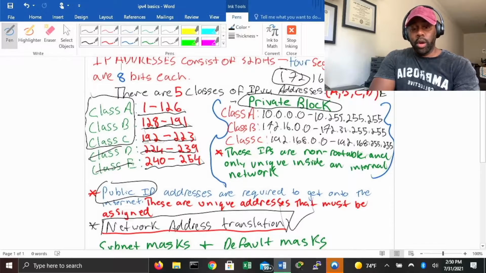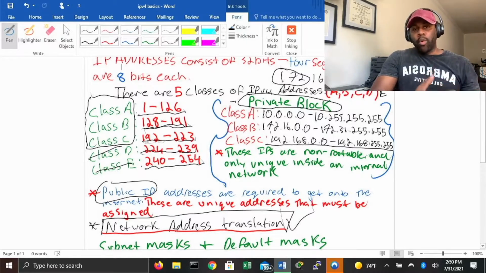172.16.0.0 to 172.31.255.255. And our class C is defined by 192.168.0.0 to 192.168.255.255. Class C, we typically see that one when we're setting up our home network or what have you, and